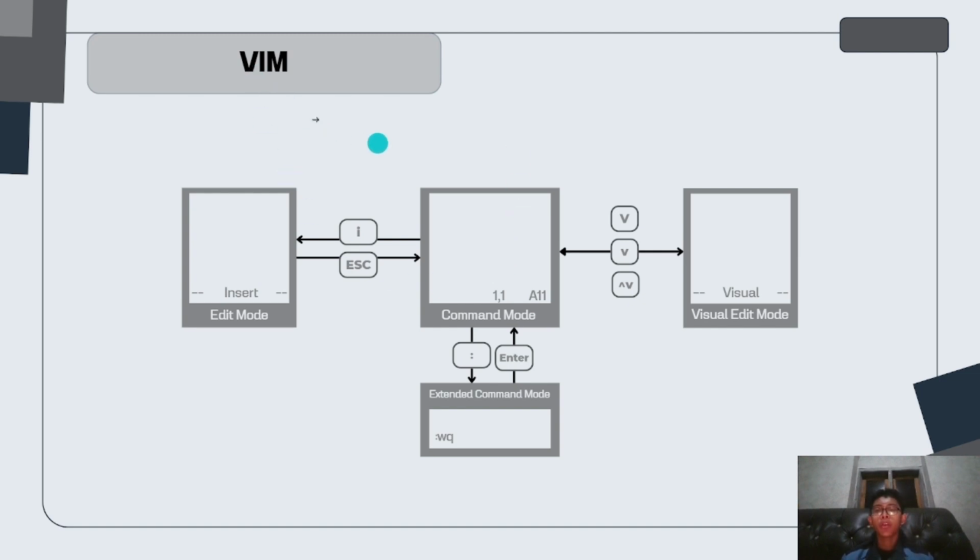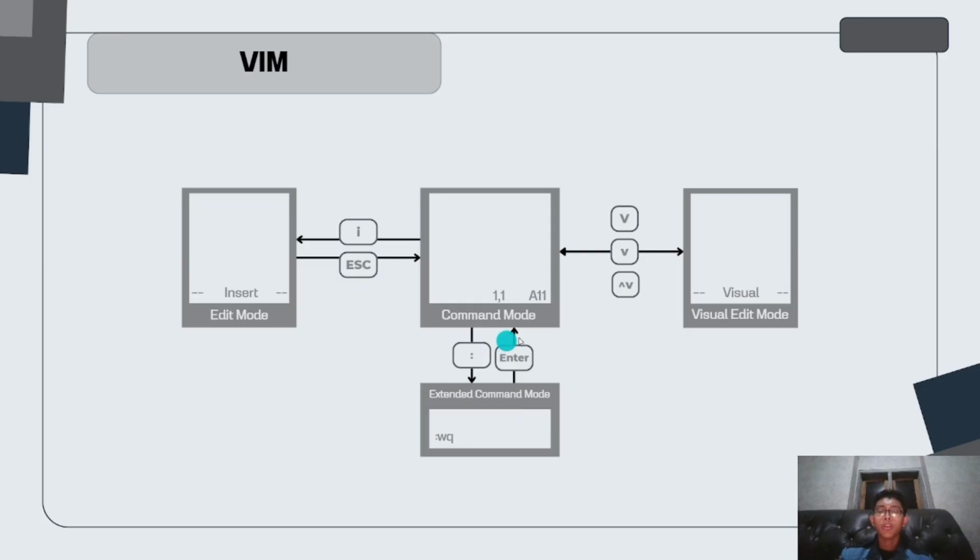So when you go using Vim, by default you will get into a command mode and you cannot write anything in here. So when you want to write or edit some file, you have to press I, and you will go into the insert mode. And if you want to exit from the insert mode, you can just use escape.